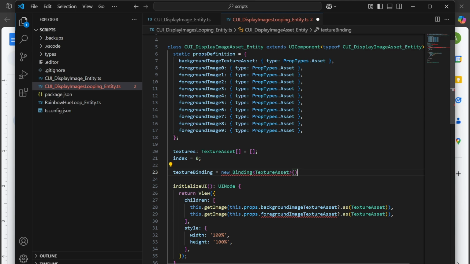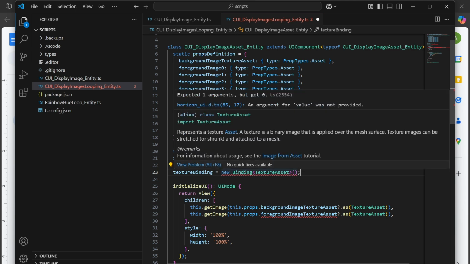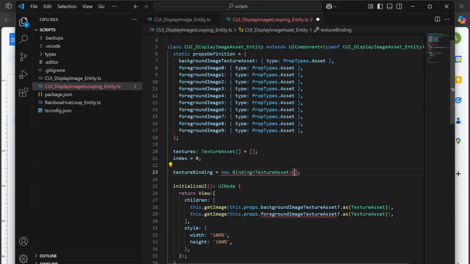And do we need to do texture asset binding? I think we can. You do have to have a default though, which is where things can start to break apart if you don't have a single image referenced. Whereas we could instead do new binding of number and then say that equals 0 and then use the index to update this binding. And then